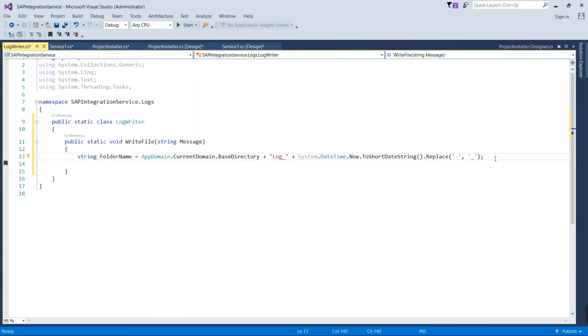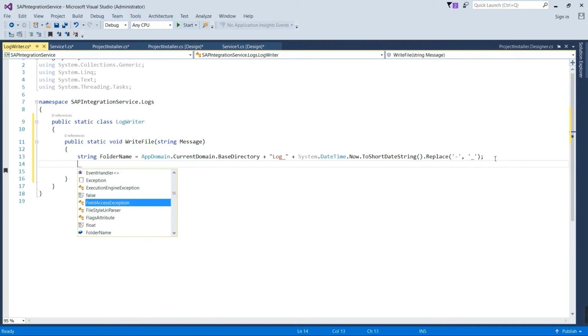So folder next, what we will do, we will check if this folder exists or not.